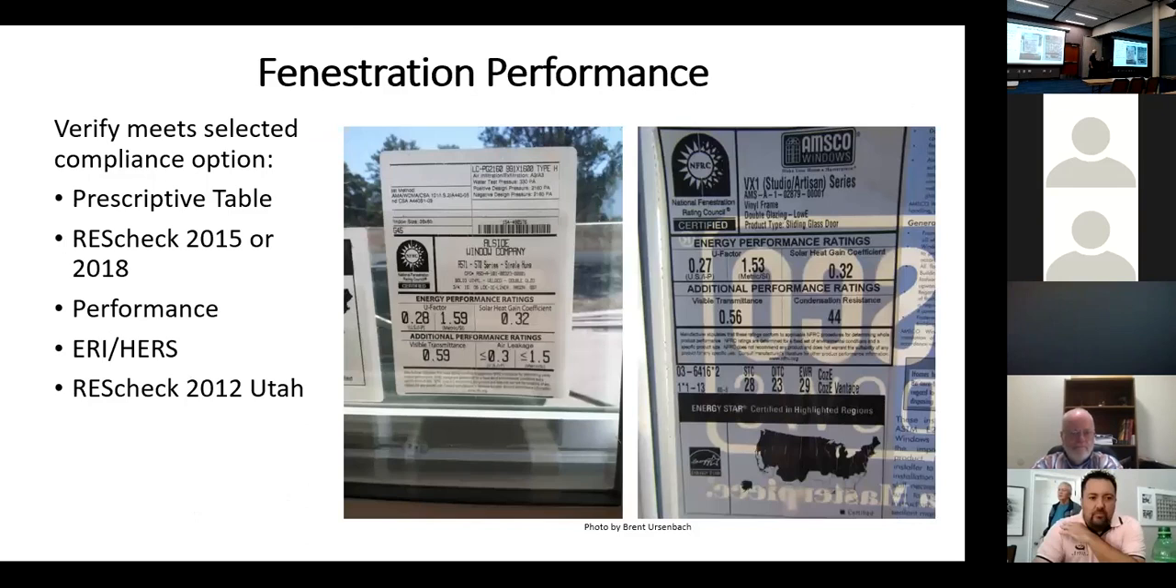Fenestration performance. I'll be honest with you, when I first started as an inspector, I had to think, what's fenestration? I'd read it in Manual J, but I couldn't remember what it was. It's anything that we put in our openings in our building, whether it's our windows, our doors, or our skylights. And our fenestration products, if we look at our table here,